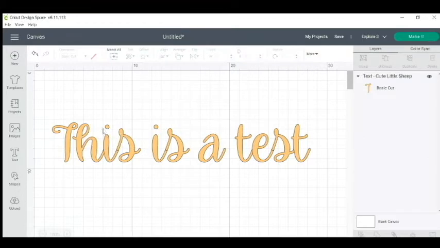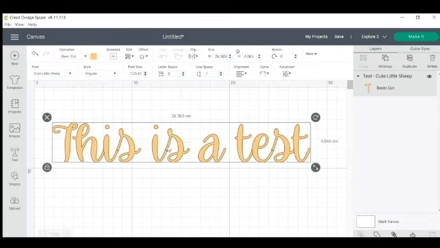So those outlines would then be cutting through the other letter, and when you went to make it, it would actually cut them all singularly like that, even though they are joined together. They are joined together to a degree, but not to where you would want it to actually flow. In order to do that, you would need to weld it and create a picture file with it. But I have since discovered with the new update, 6.11.113, that when you do go to make it,